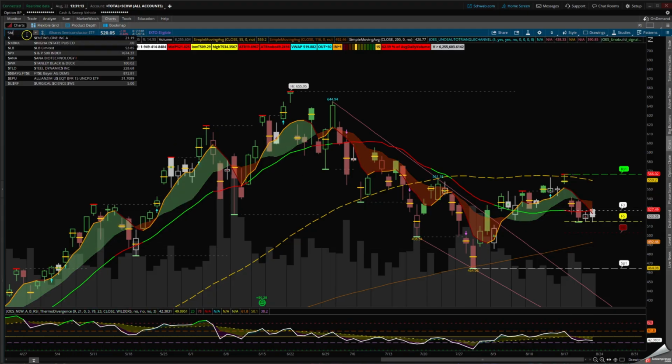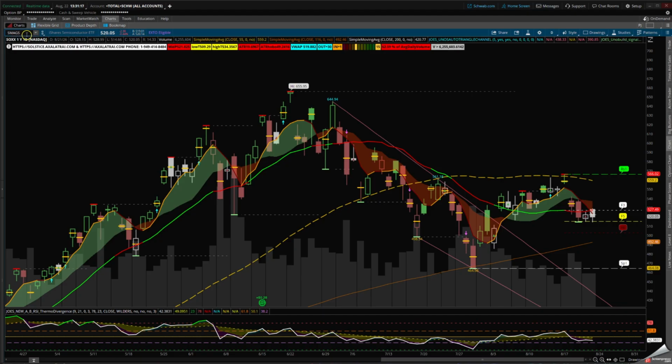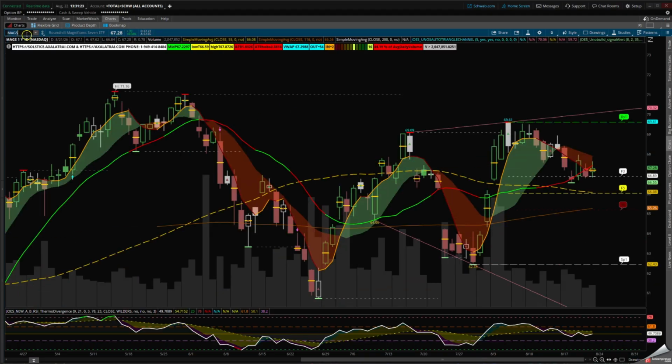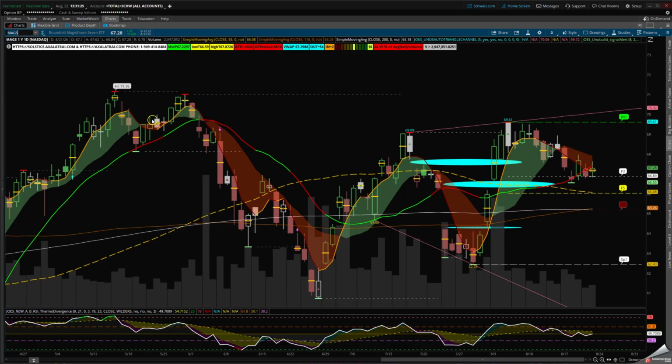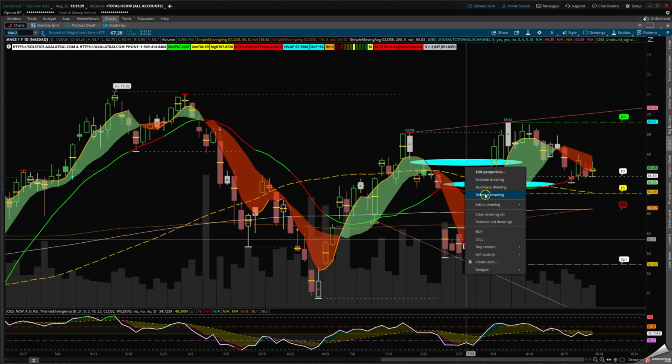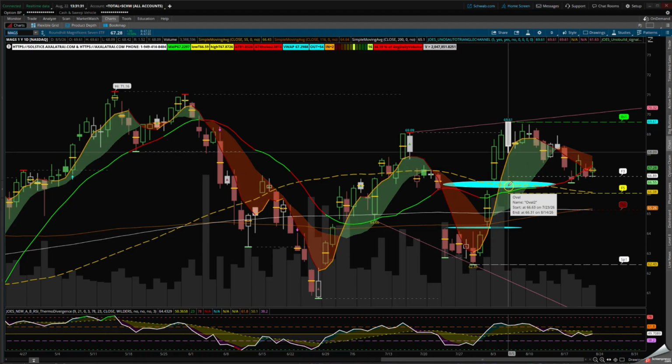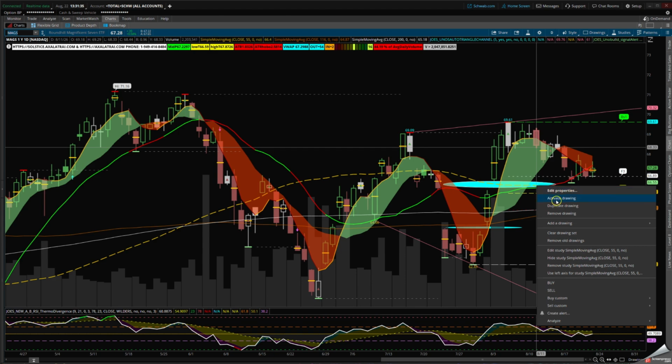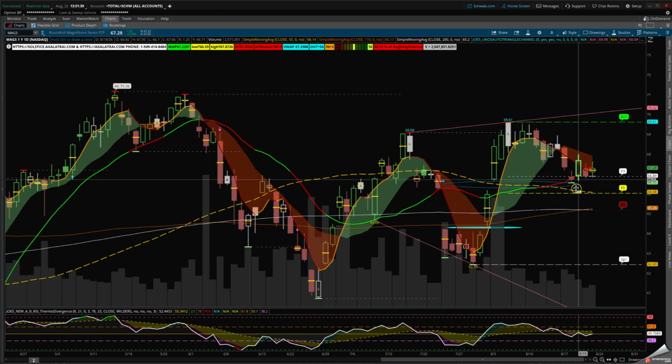Let's take a look at the Magnificent Seven, MAGS. There we go. If you look at the Magnificent Seven, I had marked these island reversals when we filled them. We're going to remove this area here. This one's still valid if you look at it this way. If I activate this and I bring this down to this area, it's still valid.